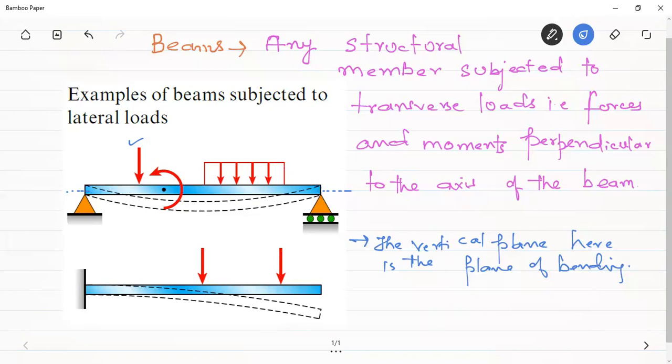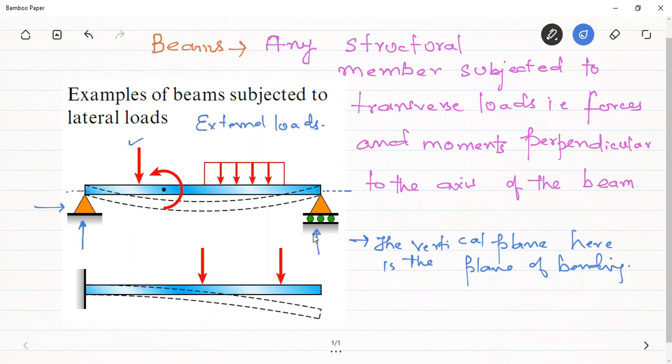So what we do in the problem, last class we had seen that first of all we calculate the reactions. All these loads, this point load here, the moment here, this uniformly distributed load, are the external loads. And in fact, these reactions are also the external loads. We will have two reactions and a roller reaction here. These are the external loads.